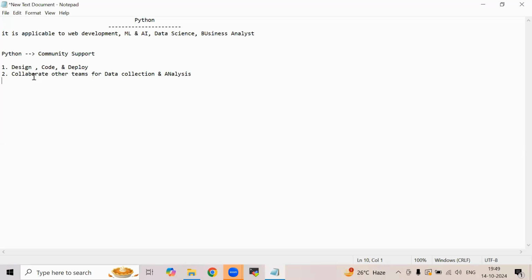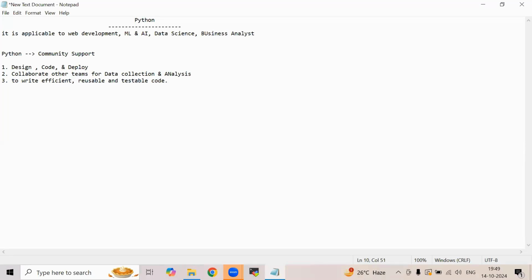And then what else will people do? We can extensively use Python to write efficient, reusable, and testable code.